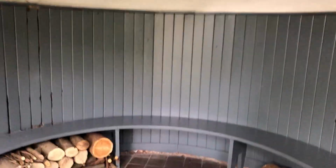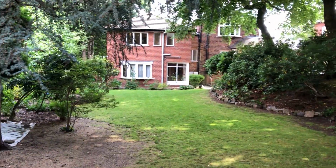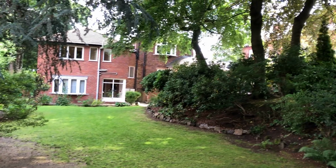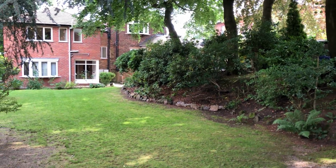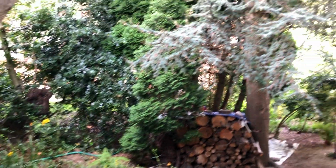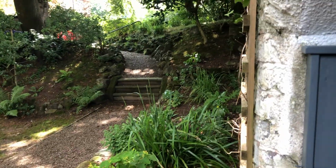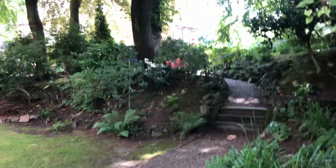enjoy a drink, or whatever you would want to do. It's like a little cave. It's super. And if I look back, you can see then that's the annex immediately in front of us, and you can see attached to the side just a little bit of the main residence there. Just beautiful. There are some steps and a little gravel pathway then that lead up to the garage and the main drive